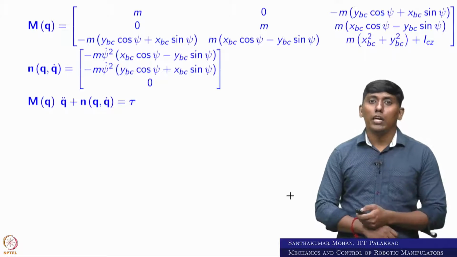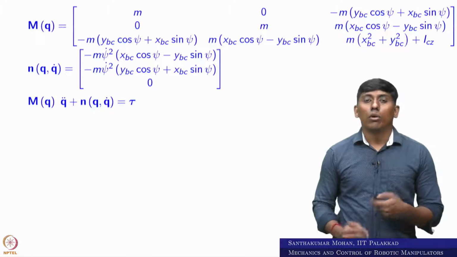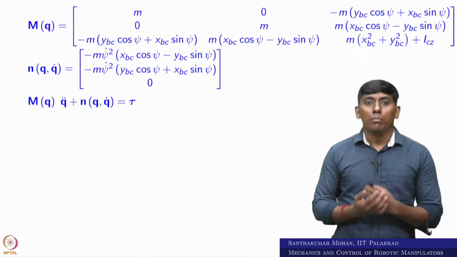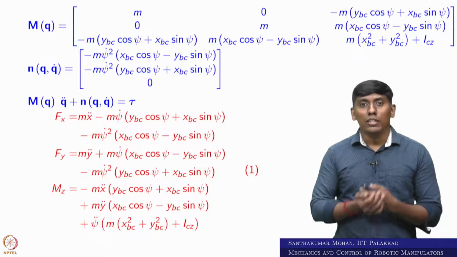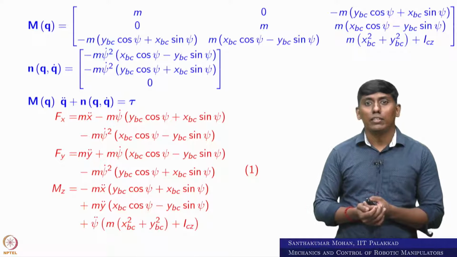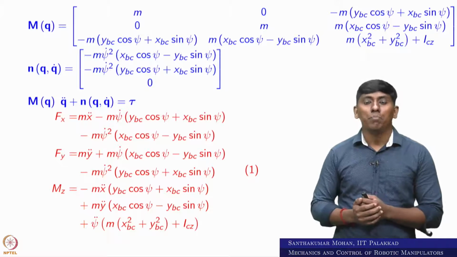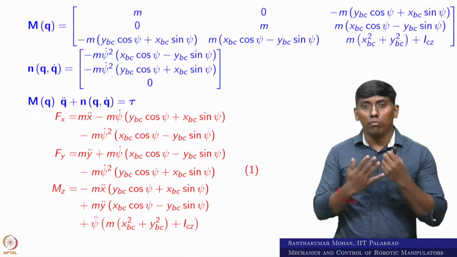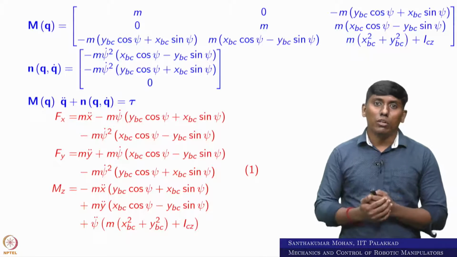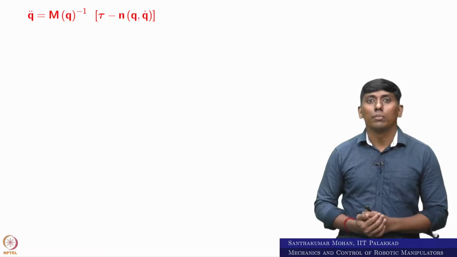Once you derive the dynamic model, what we wanted is the control aspect, right. Before that I just want to show what Fx, Fy, and Mz are. These are the values which you can see, which we derived in MATLAB. Even you can do it by hand, but MATLAB is easy, right. That is what we have seen in the regular course. Based on that we can go for the control aspect.